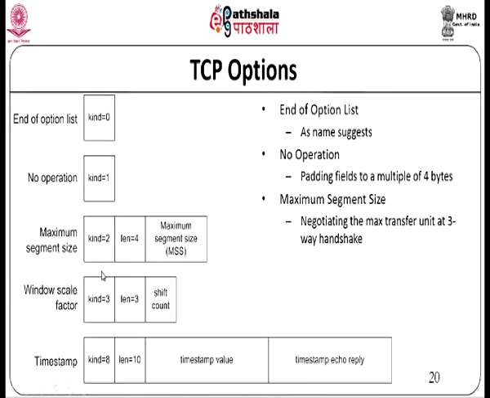And there is something called a maximum segment size option that we have. The two end systems can negotiate on the maximum transfer size that they want to use, the actual MSS that they would like to use. This is normally done at the 3-way handshake time. So this is a parameter that can be negotiated between the two ends, and we have an option for doing that. The 2 other options, window scale factor and timestamp, are used for better purposes. They are used to improve the performance of the TCP protocol as such.